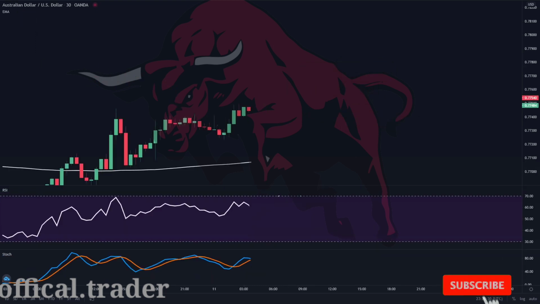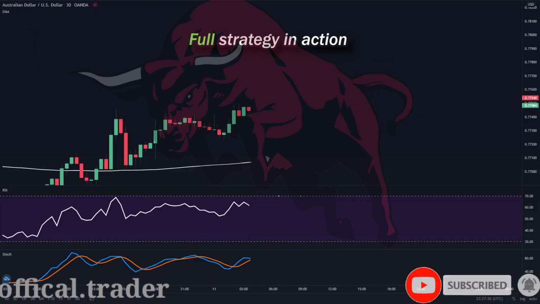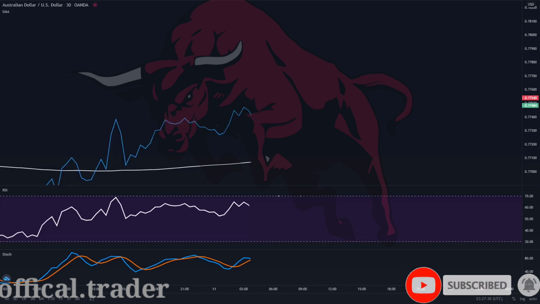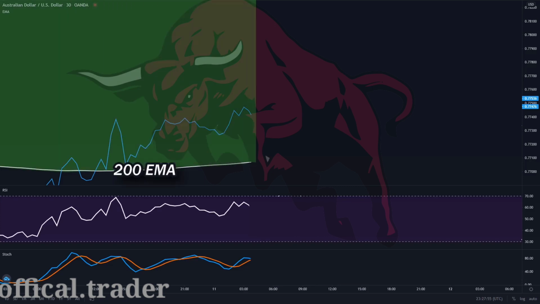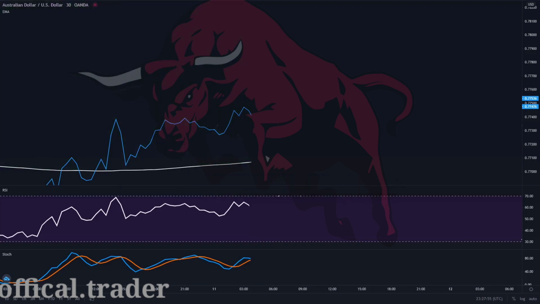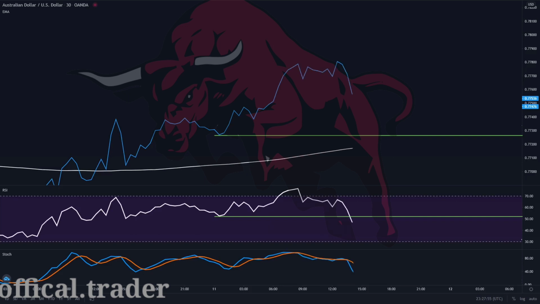So now, let's look at the full strategy in action. And again, I'm going to switch to a line chart to make the price easier to look at. So we can see that the price is above the 200 EMA, meaning we're looking for bullish hidden divergences. And to do that, first, we want to look at the RSI and identify the nearest swing low. Next, we place a horizontal line at the swing low of the RSI and the same swing low of the price. Then, we want to find a setup where the RSI crosses below the line but the price hasn't. And so this will be our hidden divergence.